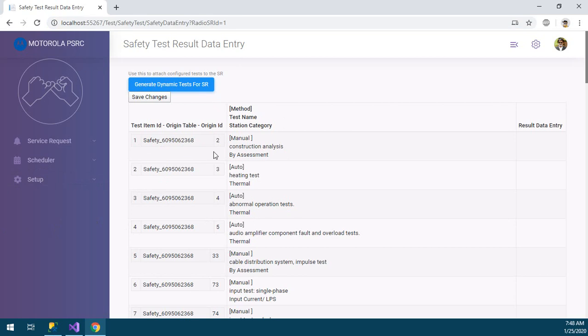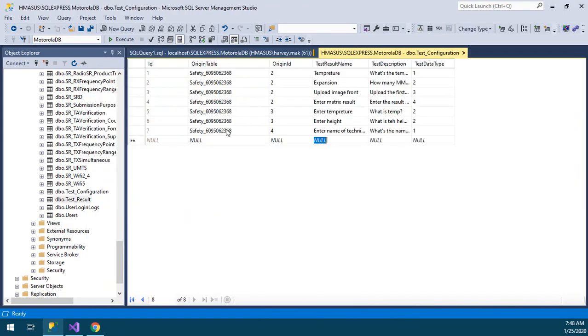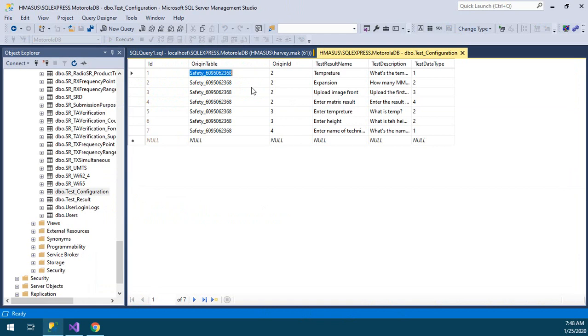So SR ID is 1, and this origin table and origin ID you have captured that data, so I'm using that. As you can see, no dynamic test entries are available. To configure that, we need to know the origin table and the origin ID. So look at the table called the test configuration over here. To create the configuration, we need to put in the origin table name and the ID, the test result name, any description, and test